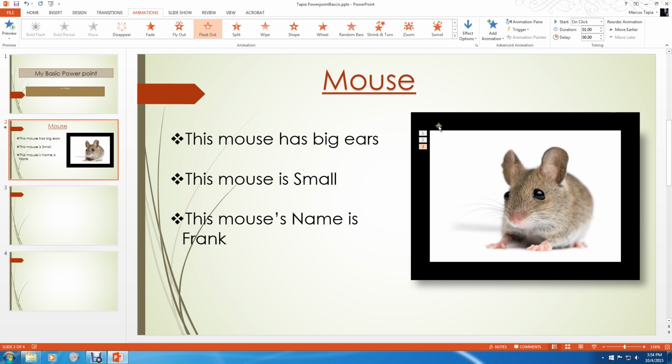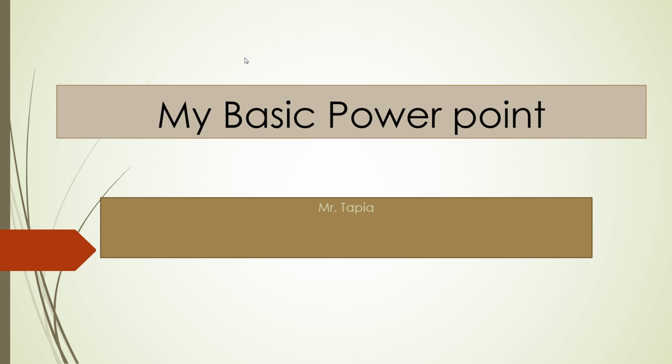So now I have three animations on there. You can see that there's animation 1, animation 2, and animation 3. Normally, these animations will happen when you click the mouse button to move forward. So in order to show you that, I'm going to go ahead and hit F5 to put this into